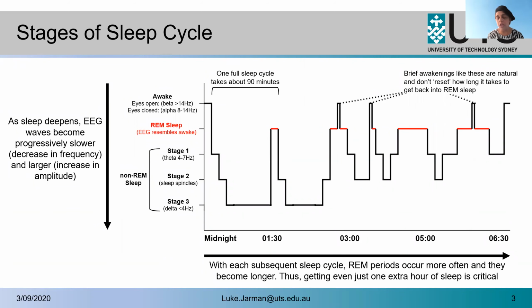In REM, generally your body is supposed to be paralyzed. So when you're dreaming, you're not supposed to be moving too much. But those who have REM sleep disorder will actually act out their dreams. If you read some of the textbooks, they talk about partners hitting partners while they're sleeping, because it's just a dream they're acting out and they haven't got a clue what they're doing. People can become quite physical in REM sleep if they have a REM sleep disorder.